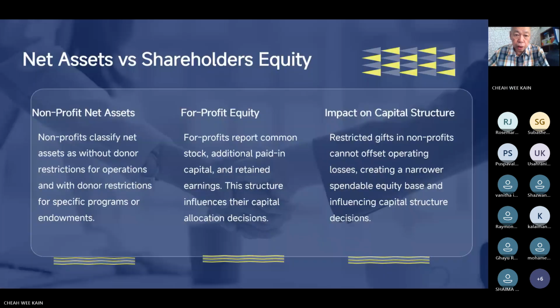So for a non-profit company, where do you normally get your income from? If you're a government hospital, the government gives an allocation every year. But if you are KPJ or Columbia Hospital, you need to make a profit, or else you cannot have assets.